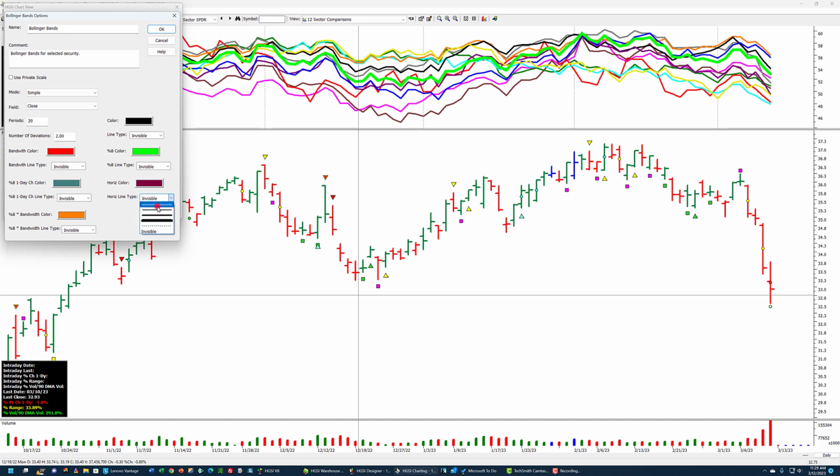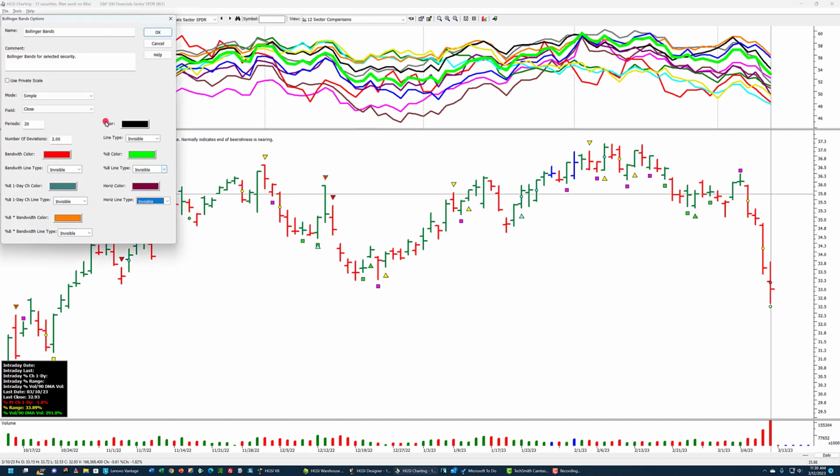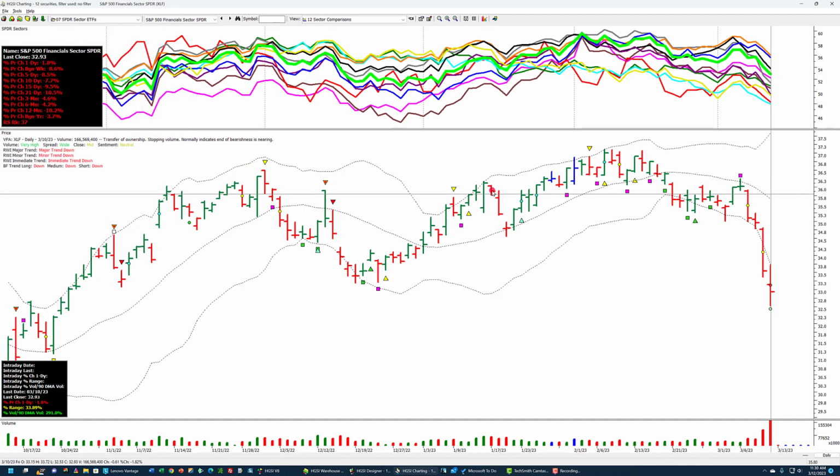They're invisible now, but if you want to have the bands in there, just put the bands in, and you can tell if volatility was increasing or decreasing, and you can see as it started selling off how much the volatility was increasing because the bands were widening as this sector sold off.